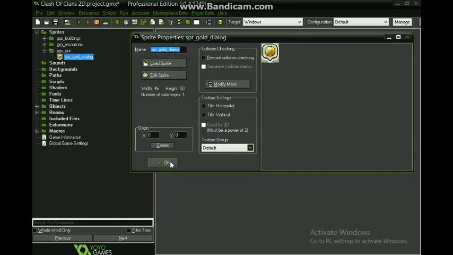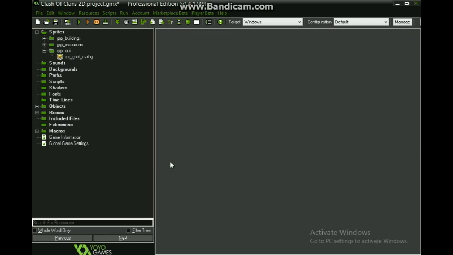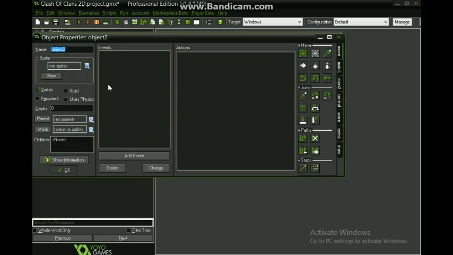From last time it said message, but now we say dialogue. Then go to your objects and make two groups, which are resources and GUI. If we go to our resources, we should create a gold mine.